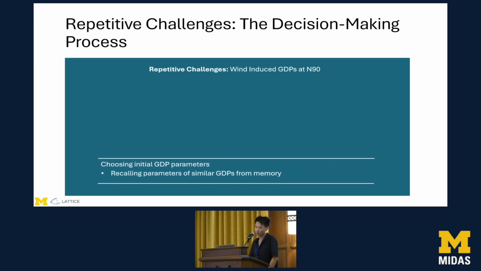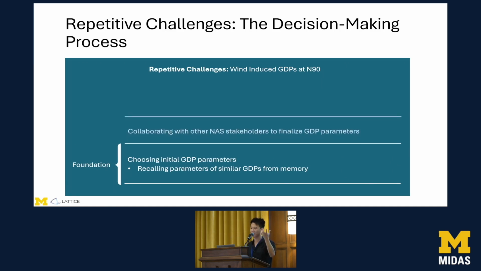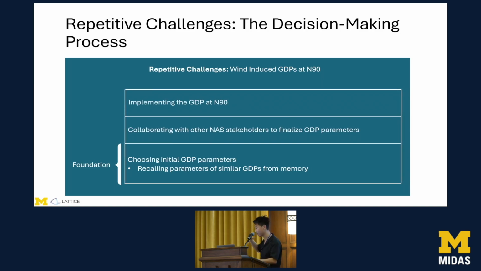Before, a traffic flow manager would try to recall from memory, okay, last time there was a wind situation at Newark, what did I do? And this is the part that really forms the foundation of what they are going to plan for today. And then they layer on top of that collaborative discussions with other air traffic and airspace stakeholders before implementing